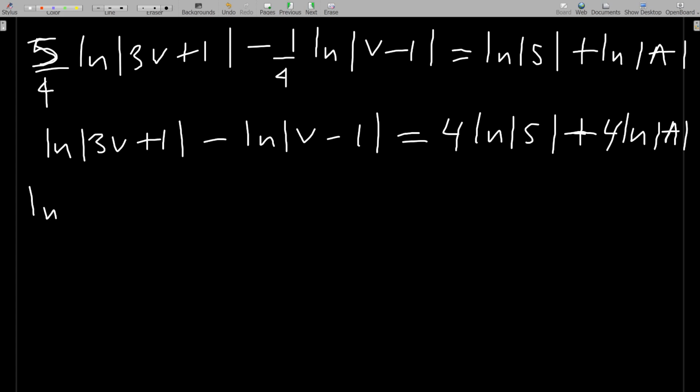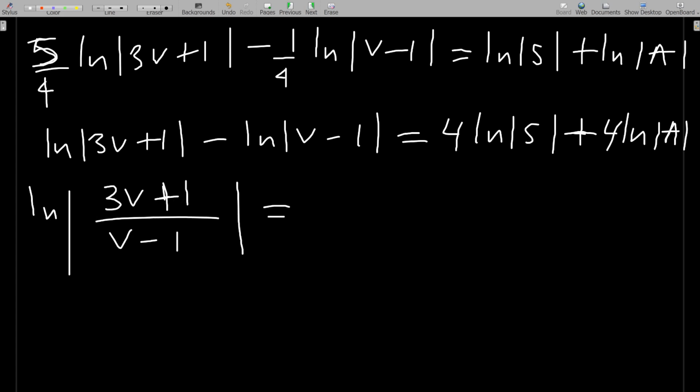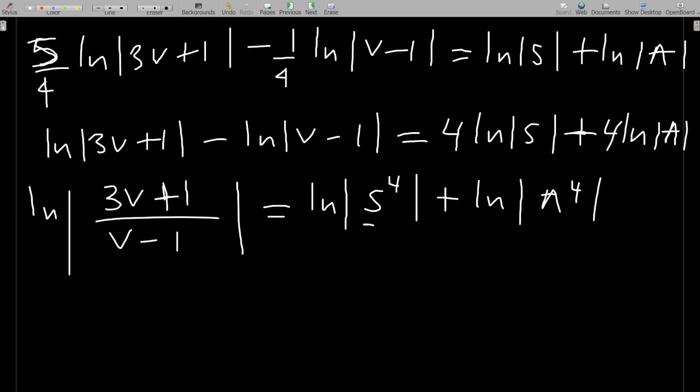Now I have ln of 3v plus 1 over v minus 1, and this should be equal to ln of s to the power 4 plus ln of a to the power 4. Realize they are plus, so from logarithm, we can multiply this and keep one ln, okay? So this is the same as writing